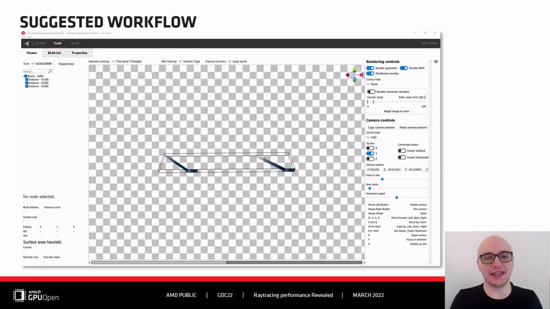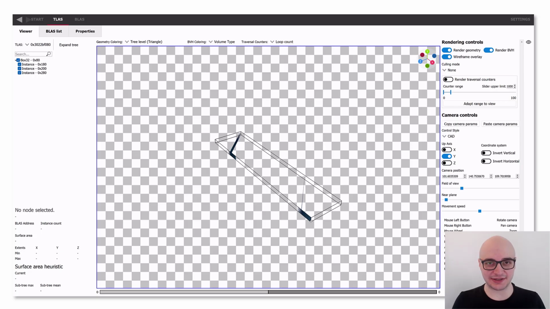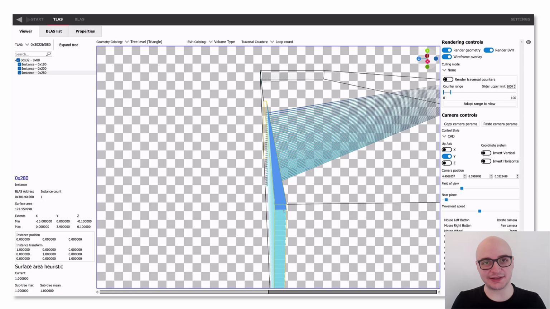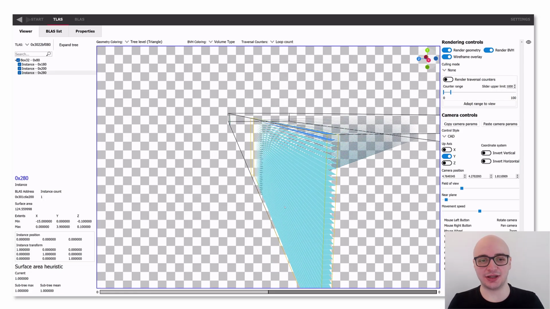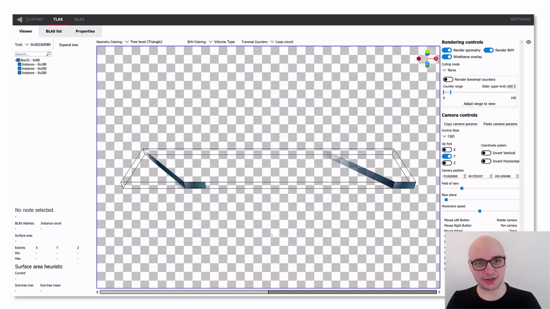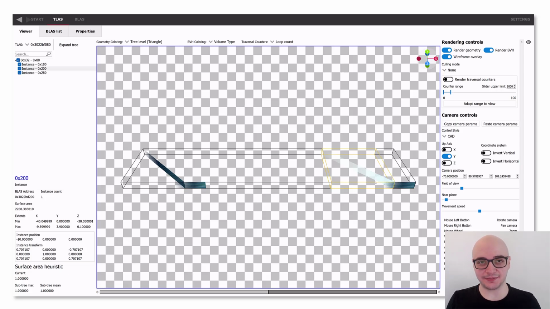Here, we have duplicated the same issue on the previous BLAS and provided the equivalent suggested solution. These geometries consist of very thin triangles stacked in the Y dimension. On the left, we have a single BLAS that has the non-axis aligned triangles alongside axis aligned triangles. On the right, we have two BLASes. These BLASes have been instance transformed to match the single BLAS on the left. However, all the triangles in these BLASes are axis aligned.